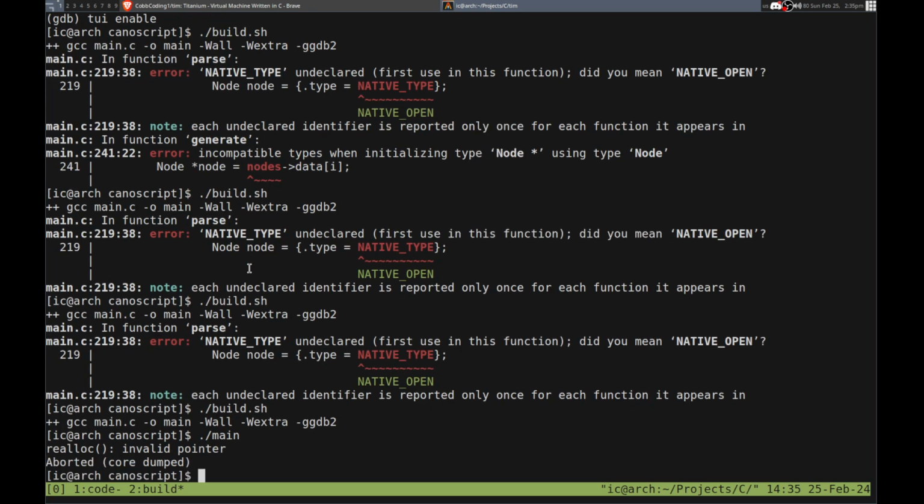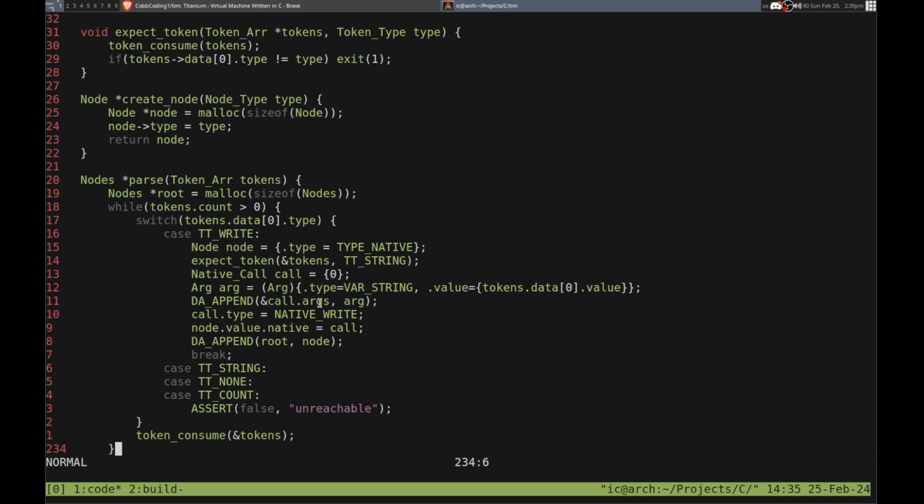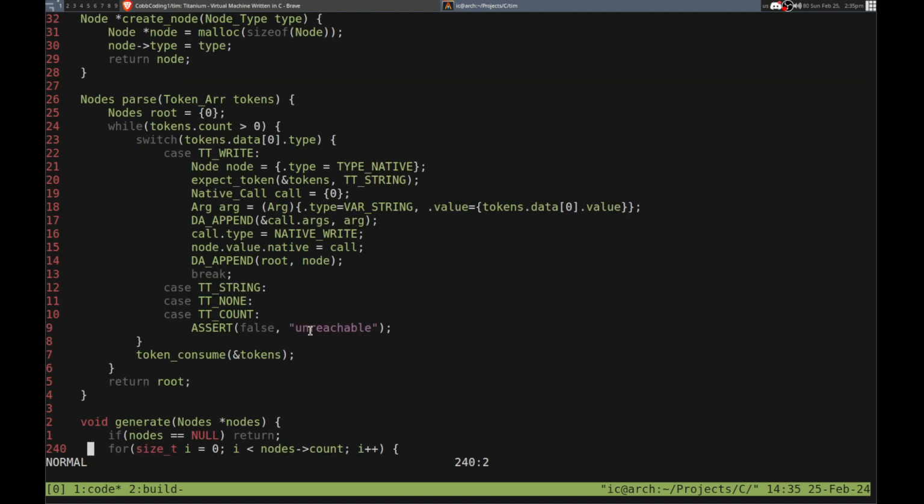Still get that. This doesn't need to be allocated either. It needs to be like that because it's not very much. It's just a pointer. So if you do that,